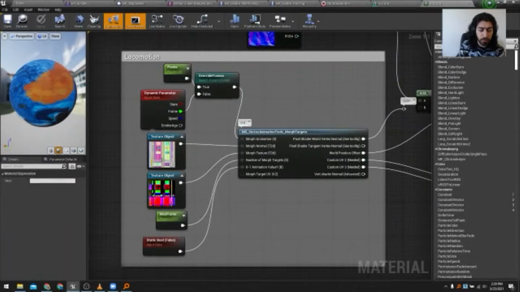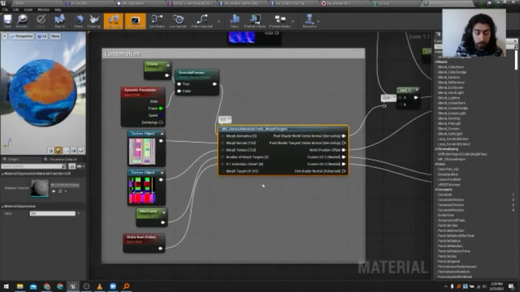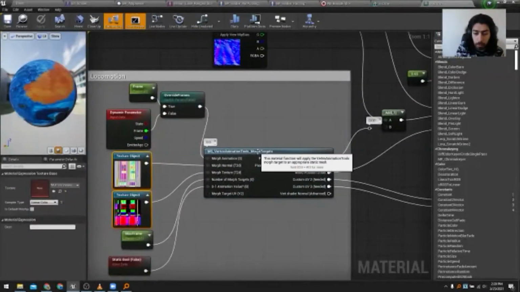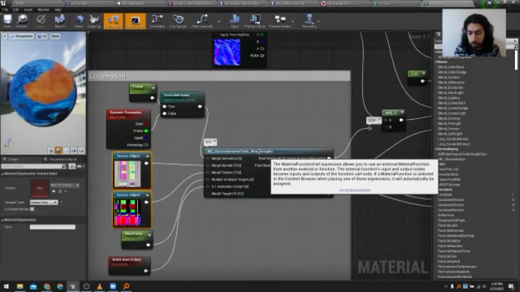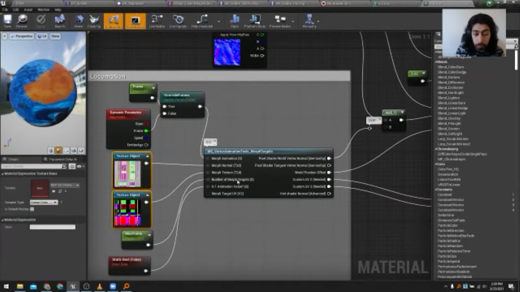I've attached some roughness, and this is how I'm controlling the animation. Those textures, I generated them using 3ds Max, but there are scripts in Houdini or Blender that can do it for you. We're basically converting skeletal mesh animation into a baked animation. So we're using vertex animation. This is a built-in function inside of Unreal that just plays vertex animation, and you can attach it directly to the world position offset. You can find it in our docs. You just hit Control Alt, go to the docs, and it tells you step by step how to actually do this setup.